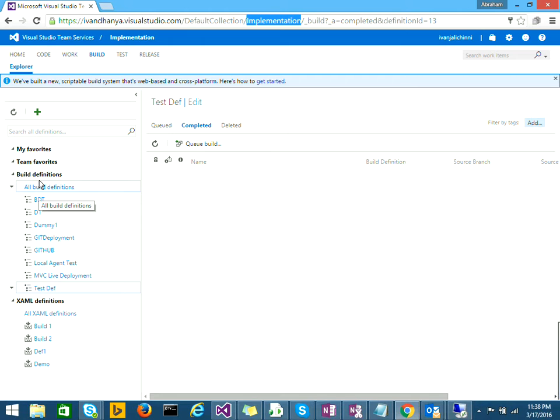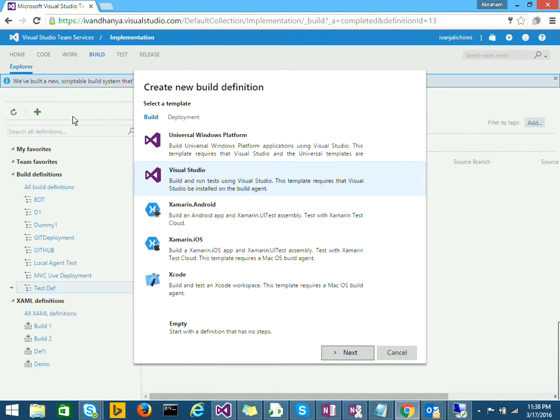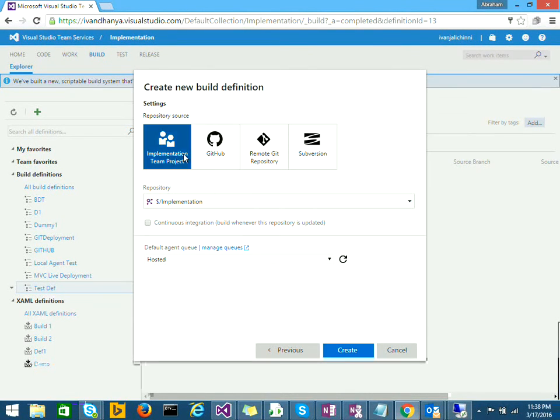So I click on this new build definition, where you see I've just selected Visual Studio and pressed next. This is my TFS team project, and I say yes. In 2015 we have something called build tools. You have agents: hosted, default, and a different set of agents. Probably I'll create a new video on how this actually works. For the sake of simplicity, let me start with a hosted agent